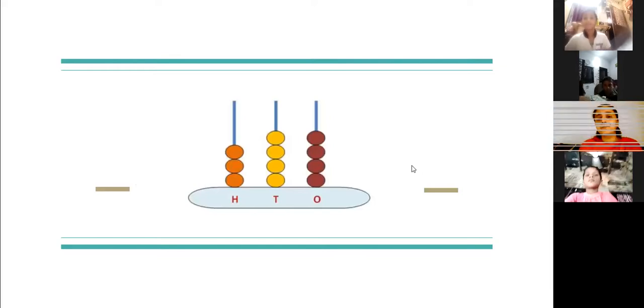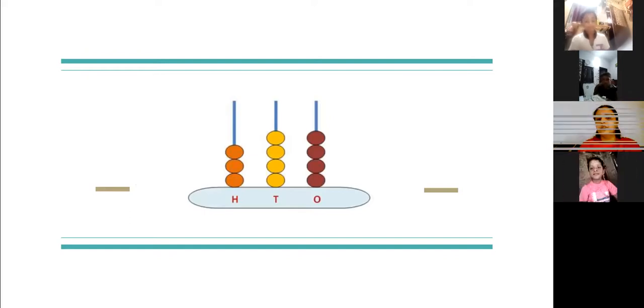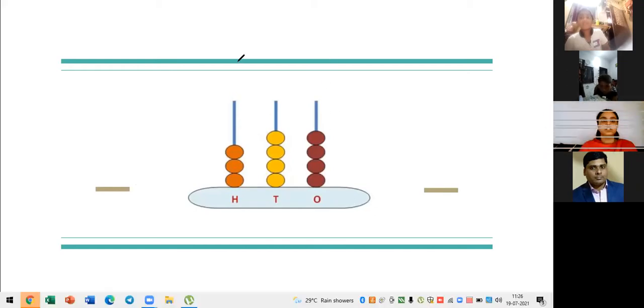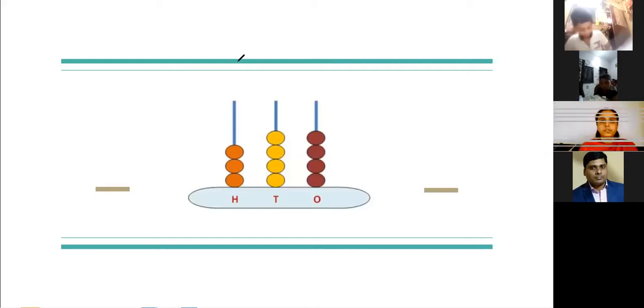Can you see here? This picture, you can see these 3 rods. Okay, these 3 rods. What are these 3 rods? So I will take my annotation and I will use this spotlight. Okay. So see, you can see this red, I am spotlighting it. This is units place. Okay, this is tens place and this is hundreds place.